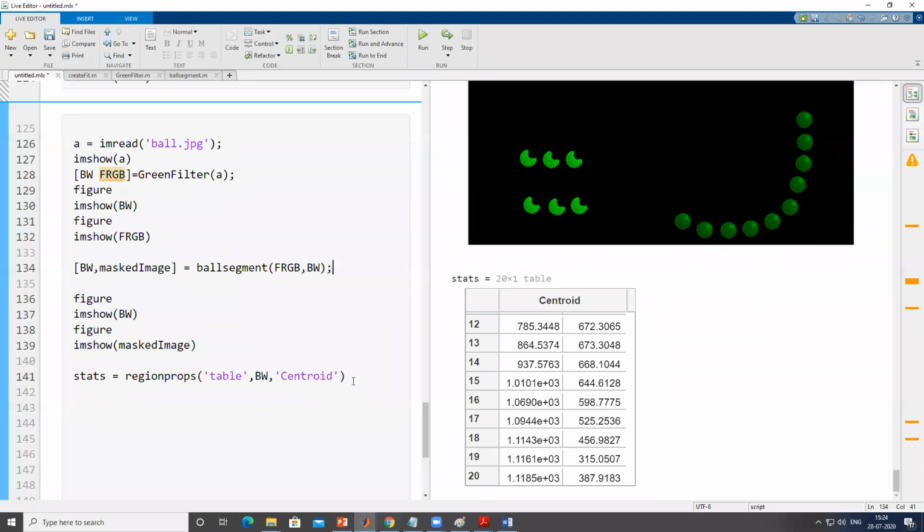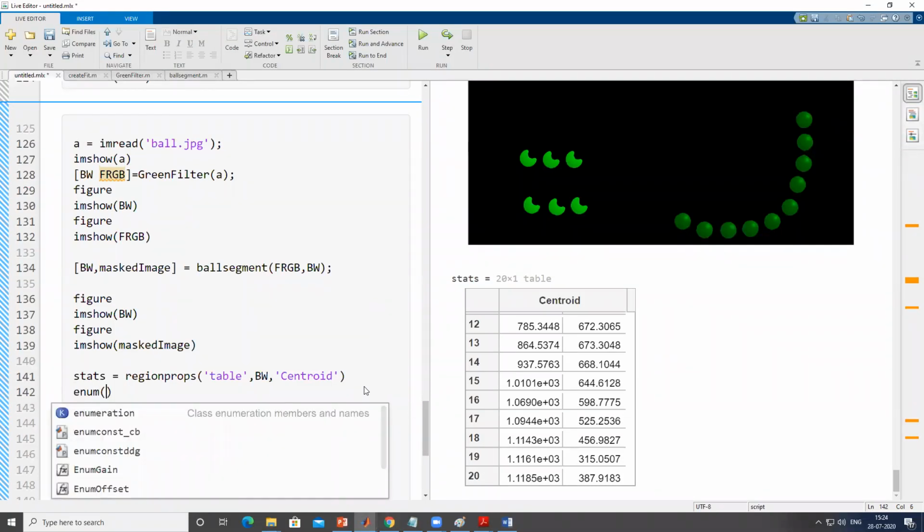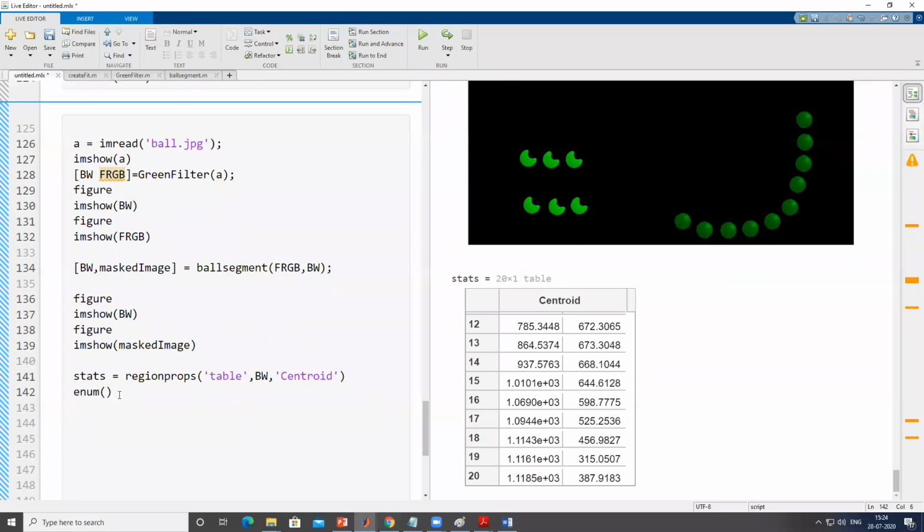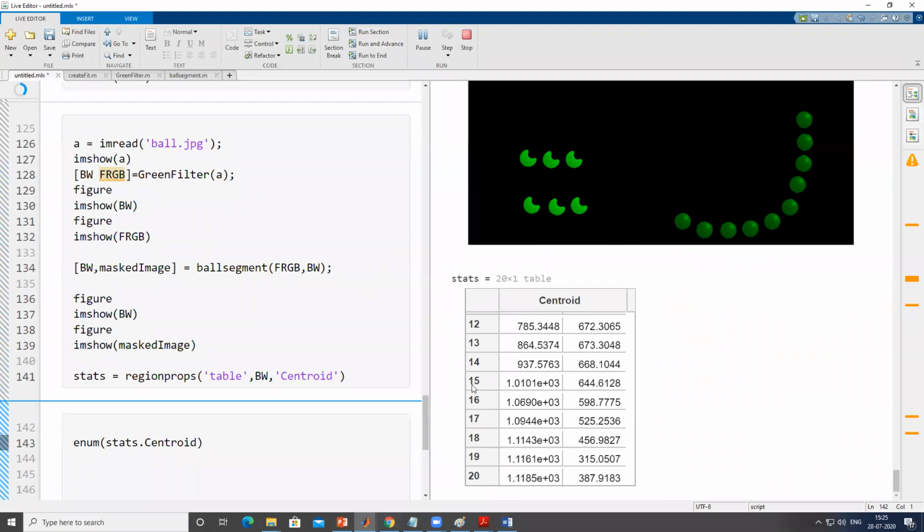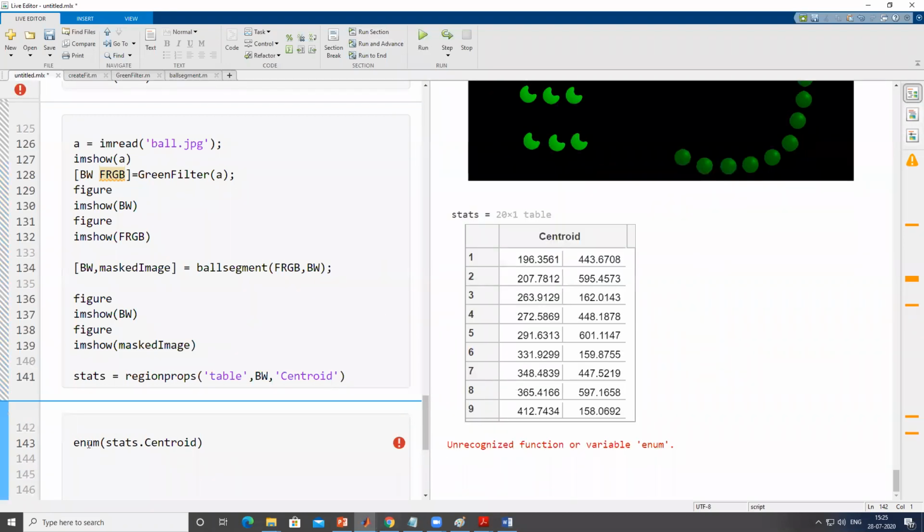So if I use numel, that is the number of elements inside stats.centroid, Control C, Control V, dot centroid, it should give me the number of elements.